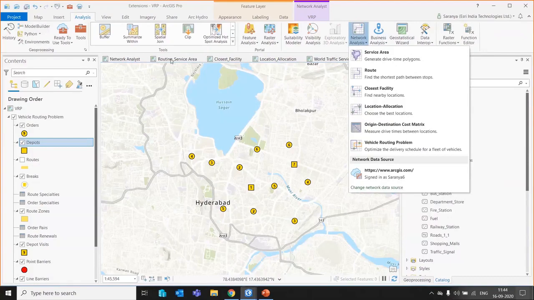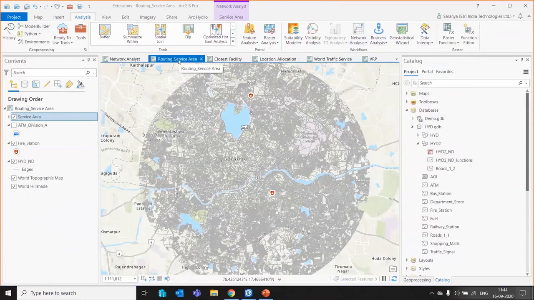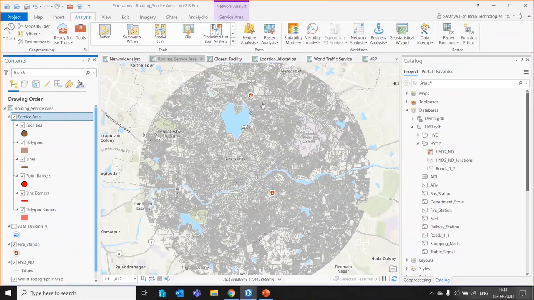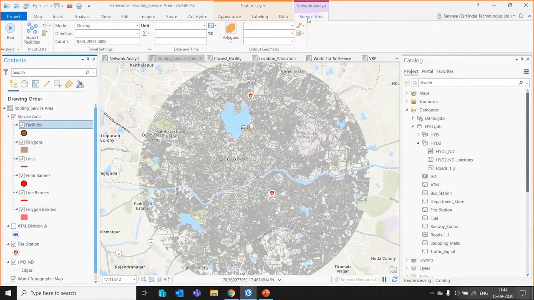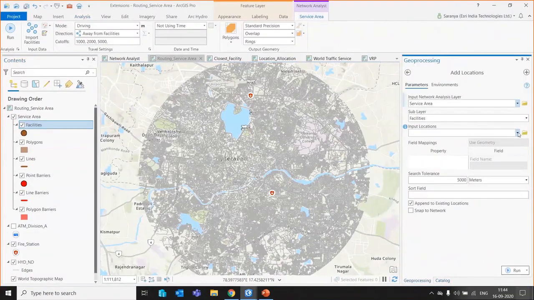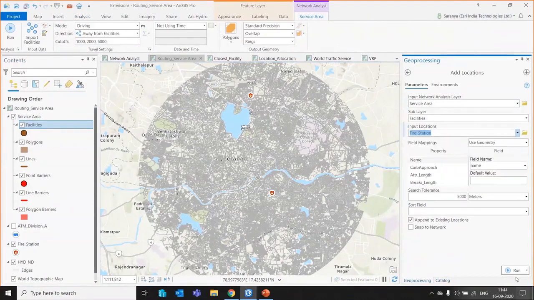So let us perform a small routing analysis. So here I have my fire stations. To find out what are all the areas these particular fire services are servicing, I will just give my fire station as an input location and add my facility.